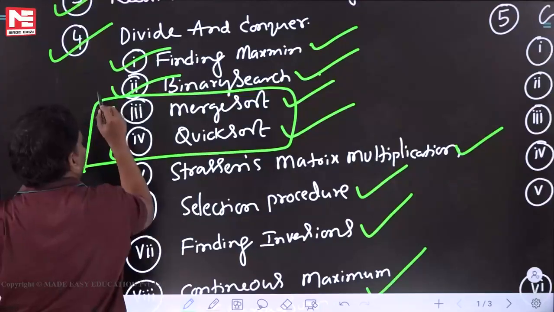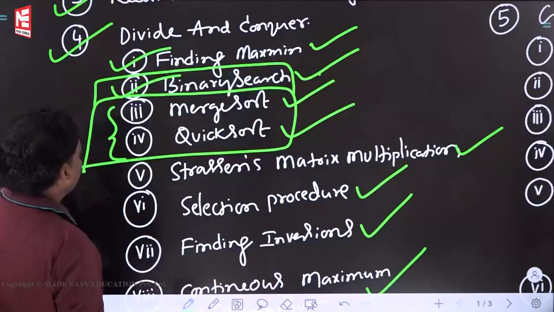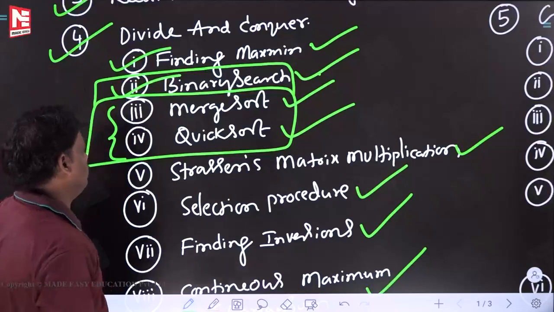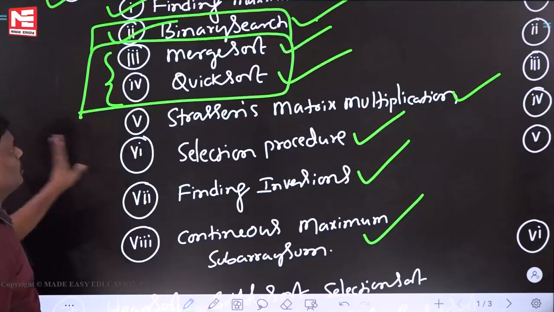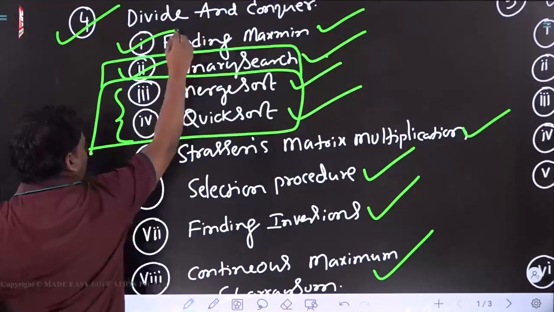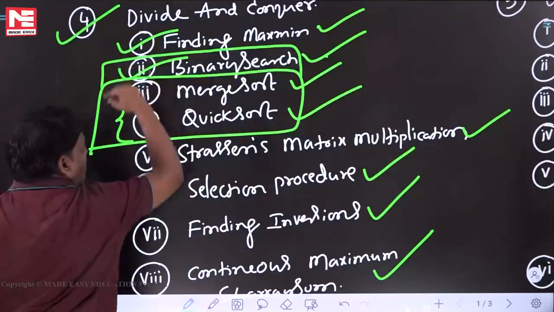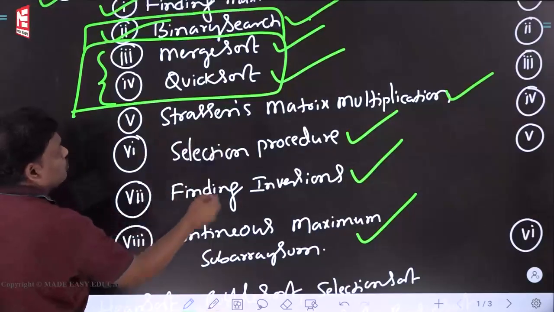This is also important. If I want to say, binary search also, questions are coming. These 3 are really important, right? Few questions came from finding max min also. Next one, the remaining are also very easy. Please go through them one time. Again, I am repeating, in divide and conquer, these many applications are there, right? So, the first 4 applications are really important. It doesn't mean that other things are not important, right? Just go through them once.